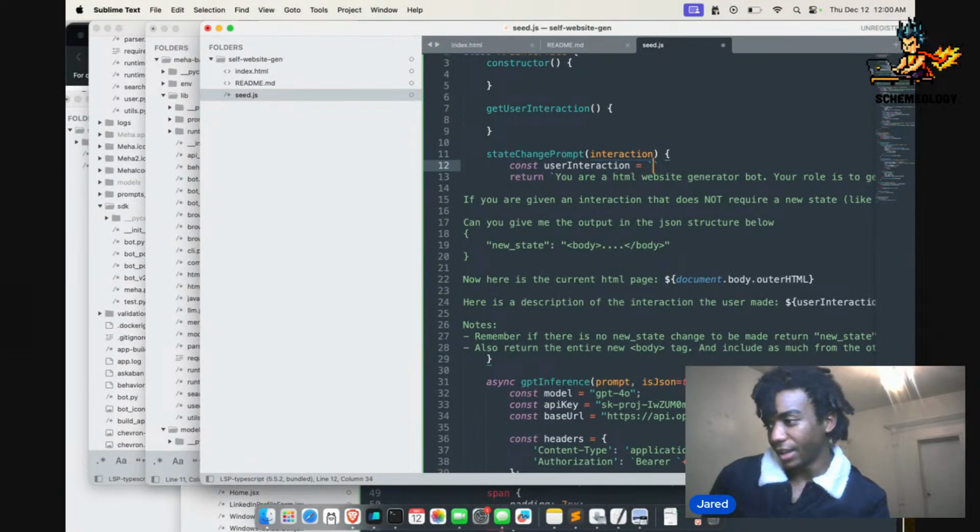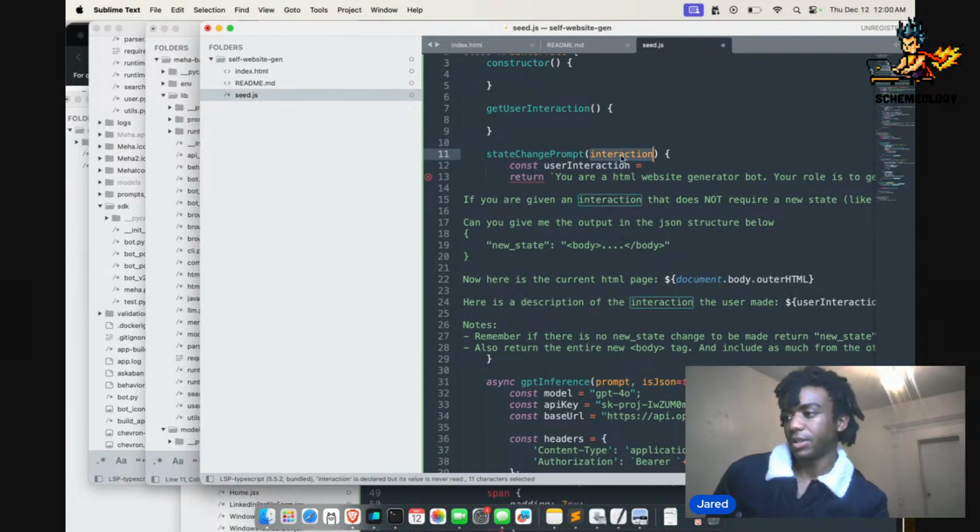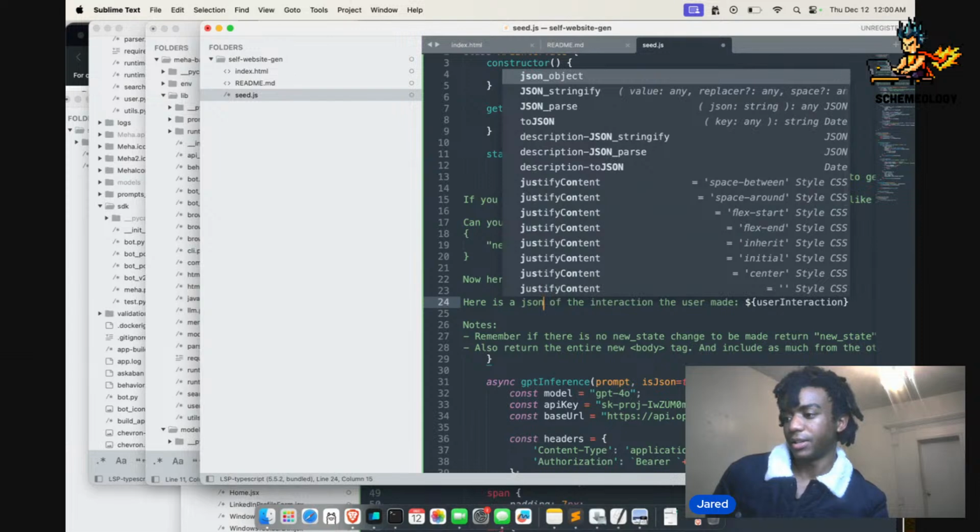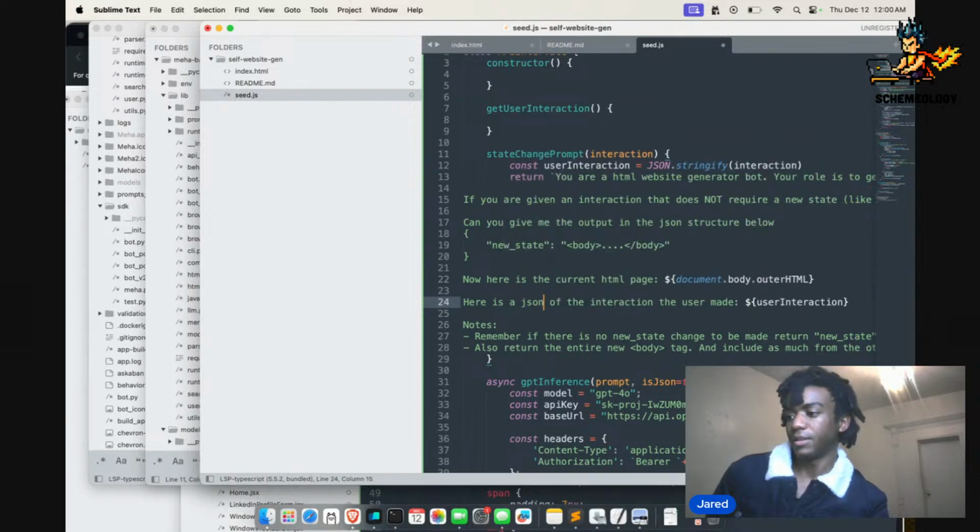And let's see. So for the user interaction, we can just JSON stringify this. I think that's fine. Here is a JSON describing